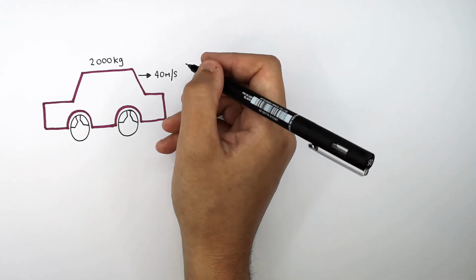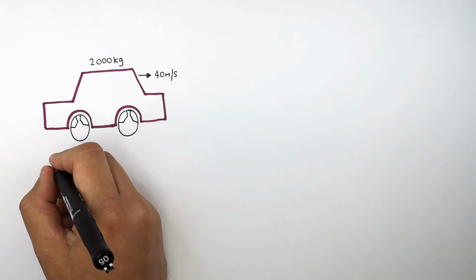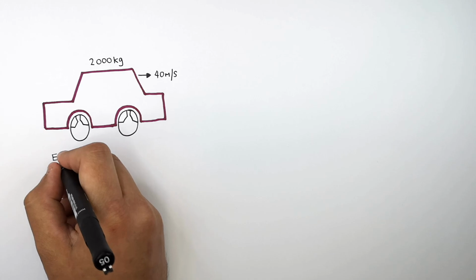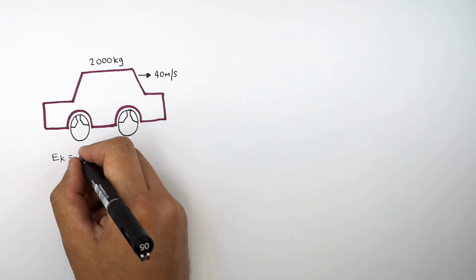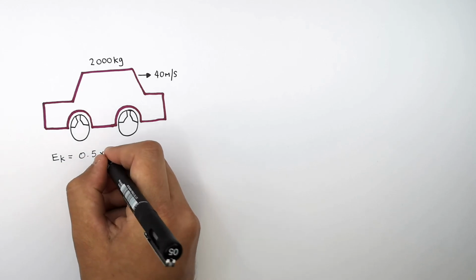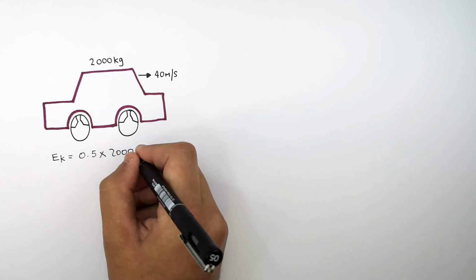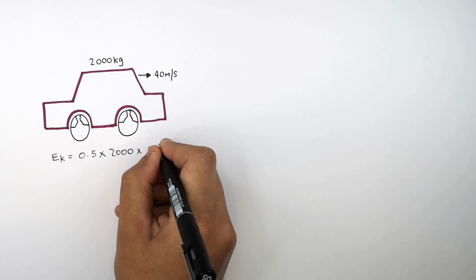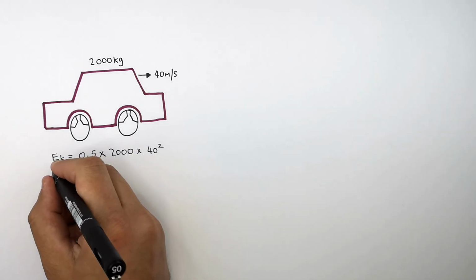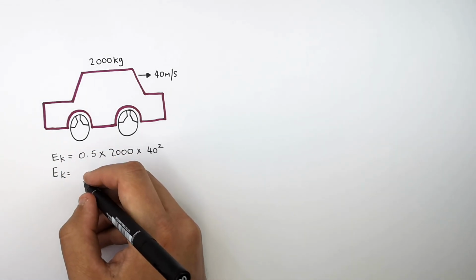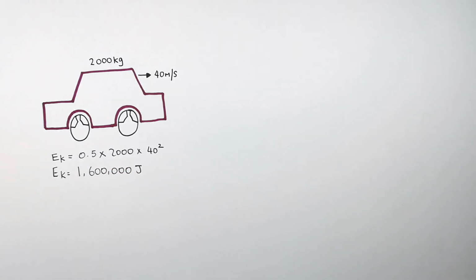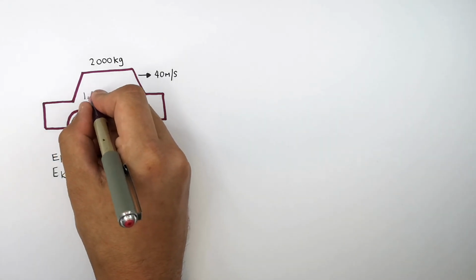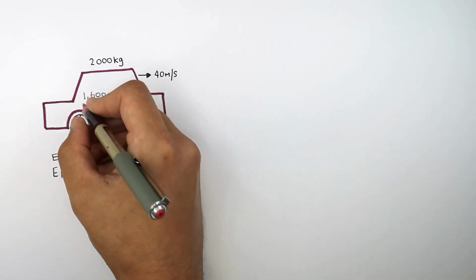So to calculate the kinetic energy stored in the car as it's moving, you use the equation kinetic energy equals half times mass times speed squared. You then substitute in the numbers: kinetic energy equals half times 2,000 kilograms times 40 squared. And that gives you kinetic energy stored in the car of 1,600,000 joules of energy. So for the car to come to a standstill, that 1,600,000 joules of kinetic energy stored